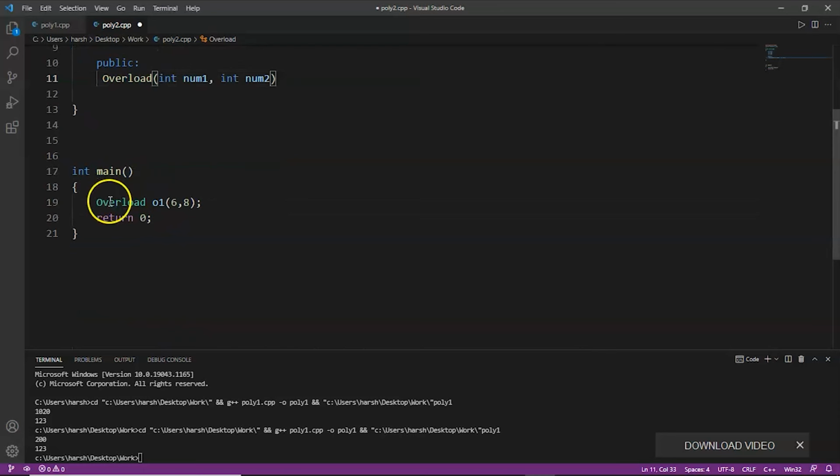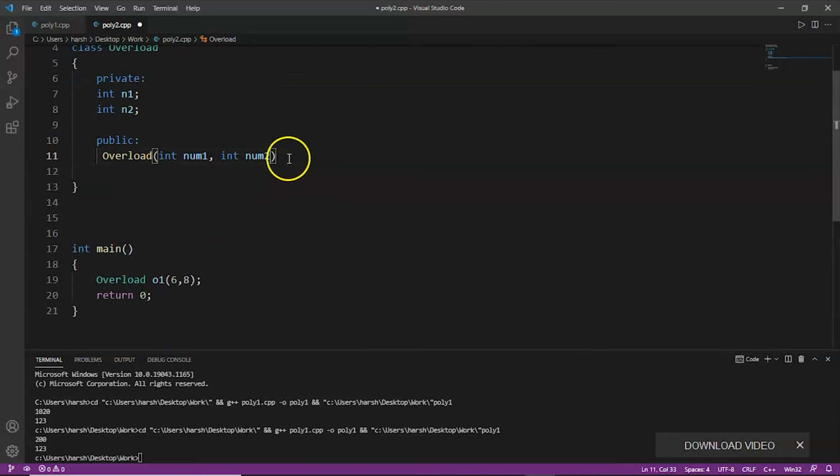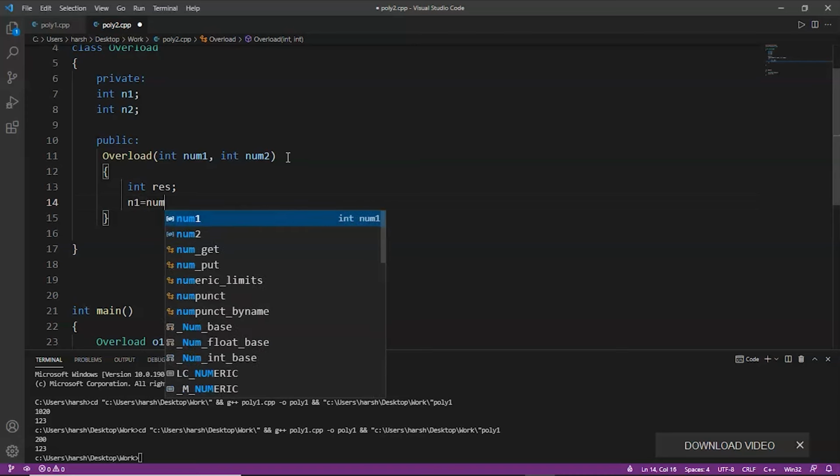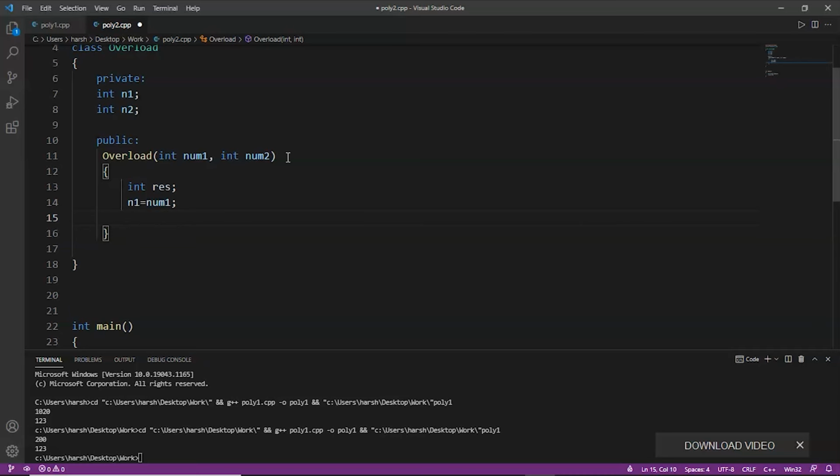So when we create this object O1 and pass these arguments, it will go here. Inside the definition of this constructor, we will declare the variable res, and we will assign num1 to n1, we'll assign num2 to n2,